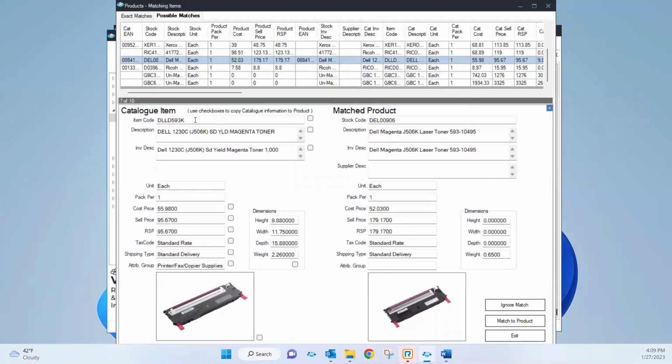So say for instance you want to use the catalogue item code and the catalogue invoice description, but you want to use your own product pricing, you would simply highlight these two and then leave all the rest unchecked. And then once you were happy, you just hit match to product. And again, that'll link the products together using a combination of both the catalogue item information and your own product